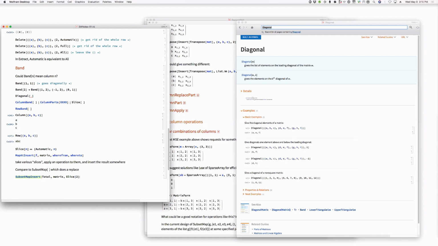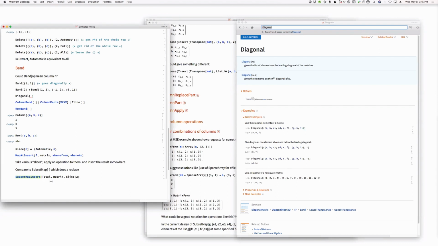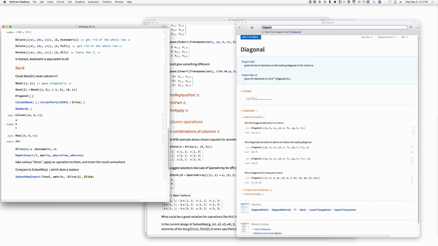Well, the previous notation we were using was all comma 2, all comma 3, a row, all comma 2. That means insert at the second position. I see what you're saying. So this would just be, okay, slice 2, comma, slice 3. Gosh, I can't type this word. Arrow,